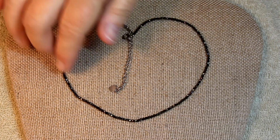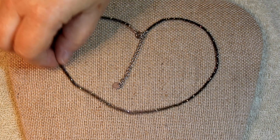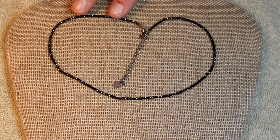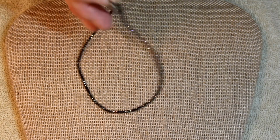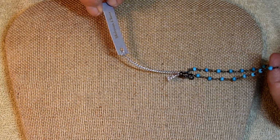And then we have 3 really dainty ones. This one is also marked 925 on the spring ring clasp. It has multifaceted micro beads. I mean, these are tiny little beads. Cute, cute, cute. This one has its tags. It says handmade in the USA. And it has